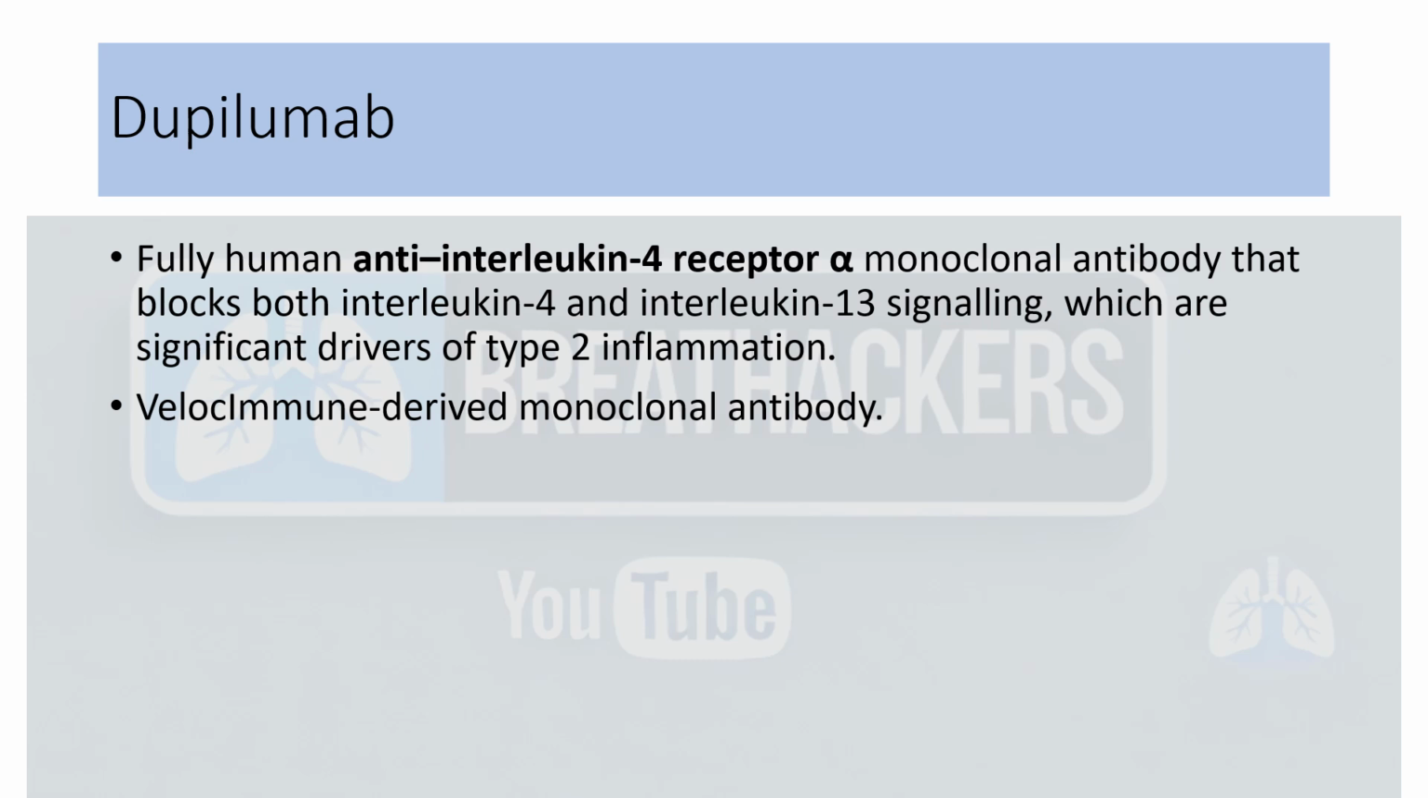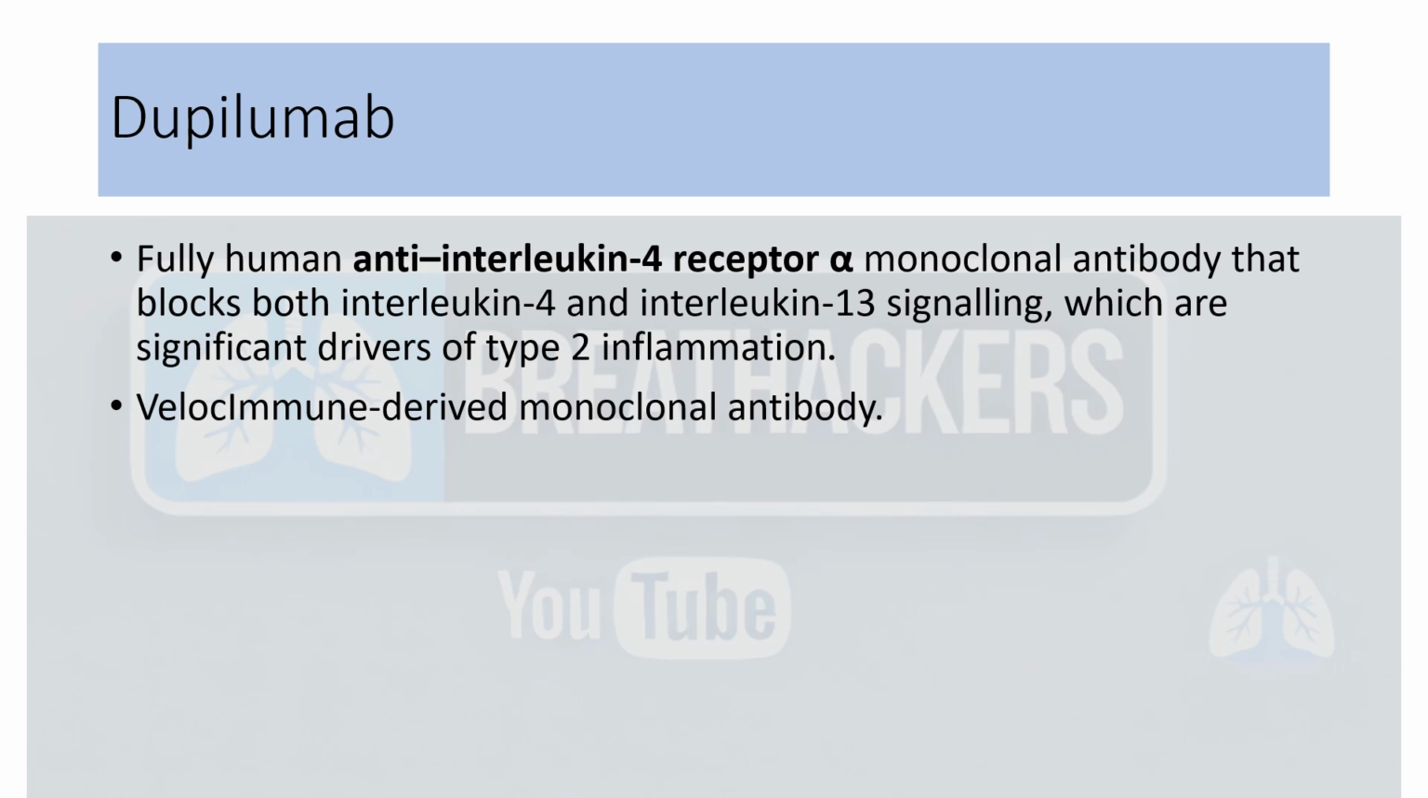So Dupilumab is a fully human anti-interleukin 4 receptor alpha monoclonal antibody which blocks both interleukin 4 and interleukin 13. So it can be remembered by DU means 2. So it is inhibiting two interleukins, that is 4 and 13, and both of them are the significant drivers of